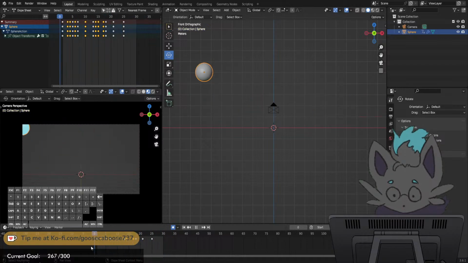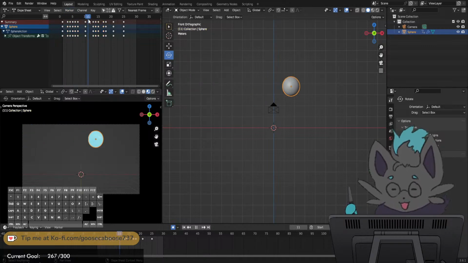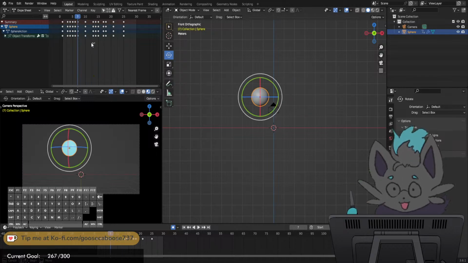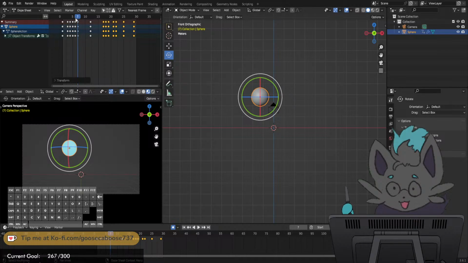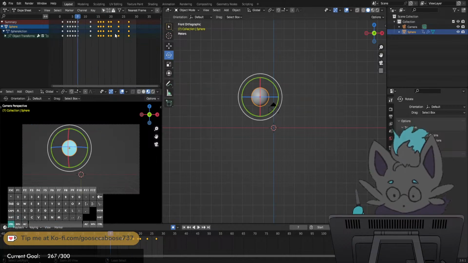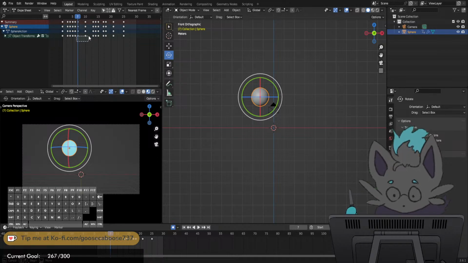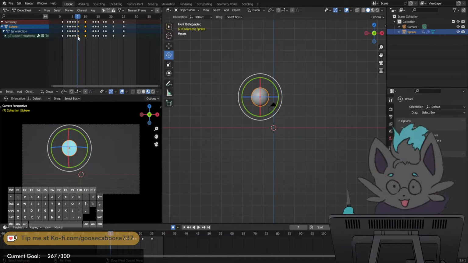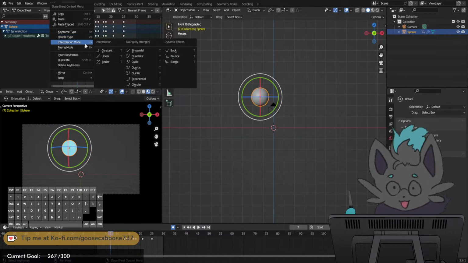Blink. We can even, if we really wanted to get really silly with it, go into here. And let's say I want to make this arc really, really long. There's a couple things I can do. I can go into here and just move my keyframes over. So now it's stretched out a little bit that way. Or, and this is the way I would recommend you do this instead, we're gonna select these two frames, which connects this frame to this frame and this frame to that frame. So we're gonna go into interpolation, and let's